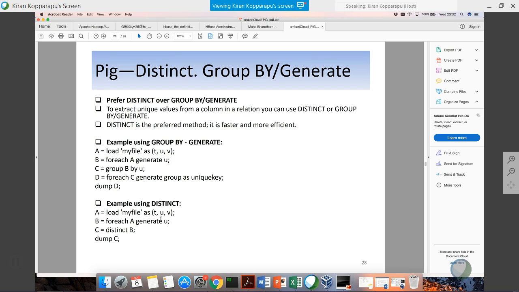Okay. Another performance technique: use distinct rather than group by followed by generate. There are two ways to get the unique or distinct values of any column. First I will go through how to find the distinct values using group by and generate, and then we'll see how distinct would be used. Let's go to the A statement, load my file, and then B, for each A